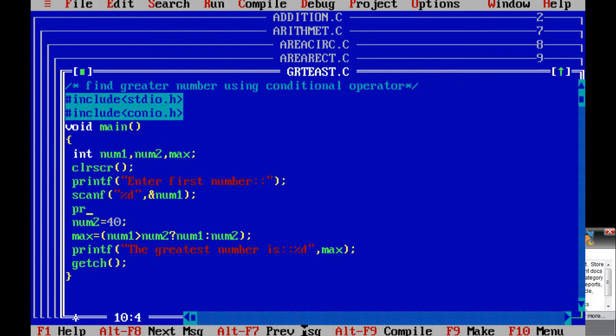Then for the second number, a second statement, printf. Either you can take it in a single statement or in a separate statement also. The better practice is to write it in a second line. Enter, just give slash n and enter second number.